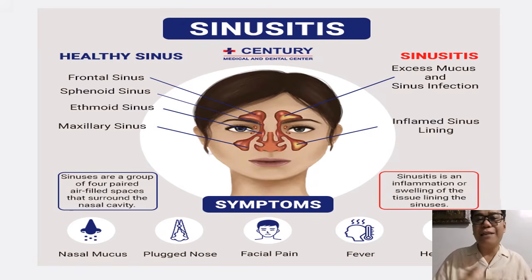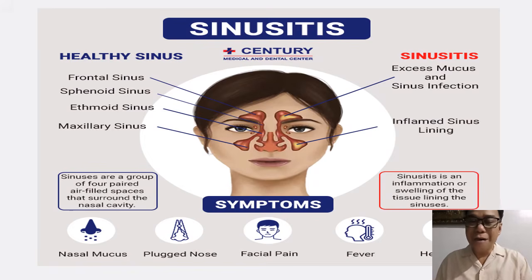Okay, why? Because allergic rhinitis could lead to inflammation, and this inflammation could lead to edema on the mucous membranes. Okay, and when there is an edema on the mucous membrane, it will result in hypersecretion of mucus. And we know if there is already a hypersecretion of mucus, it could be a very good medium for the growth of bacteria, viruses, and even fungi. Okay, and because of that, it could lead to infection.